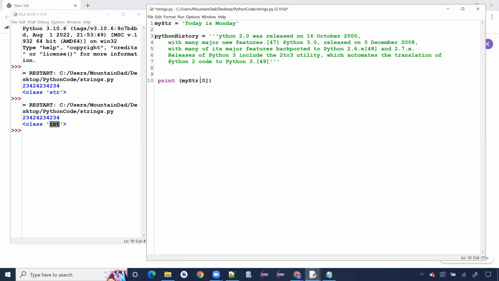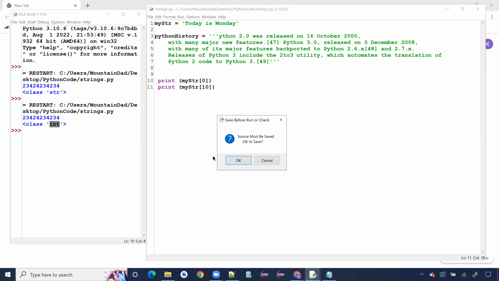Likewise, at the same time, I can do print my str square bracket, let's just put 10. What is stored at position 10? When I say position 10, I'm talking about index 10, and the proper terminology to use here is index. Now, running this, it should give me,